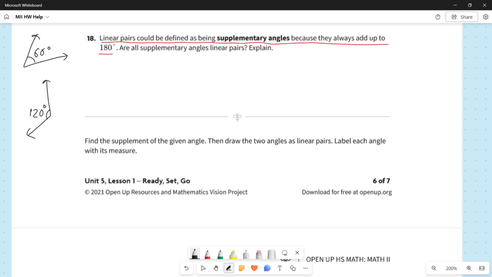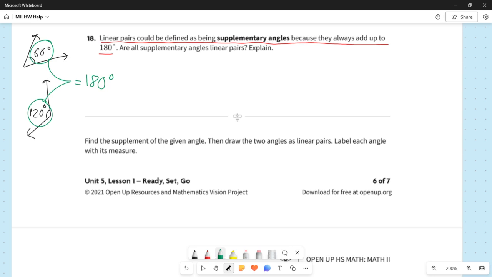Well, these two angles, if I sum them together, I'm going to get 180 degrees, right? And those two angles are not linear pairs. I'm going to say that again. The picture that I drew on the left here in the margin, those two angles are not linear pairs because